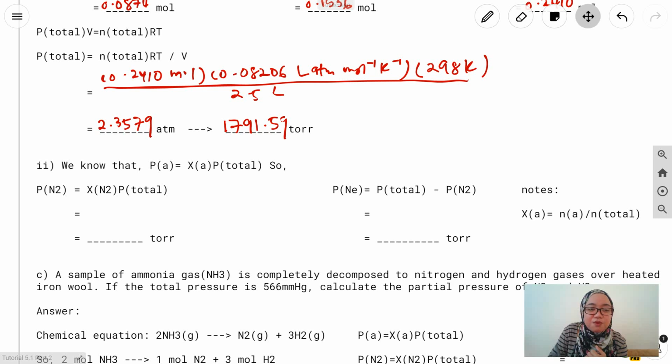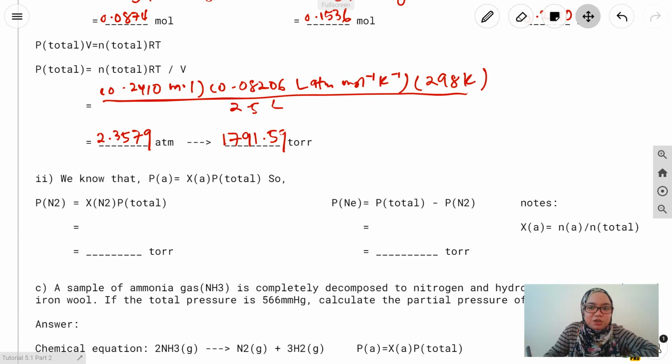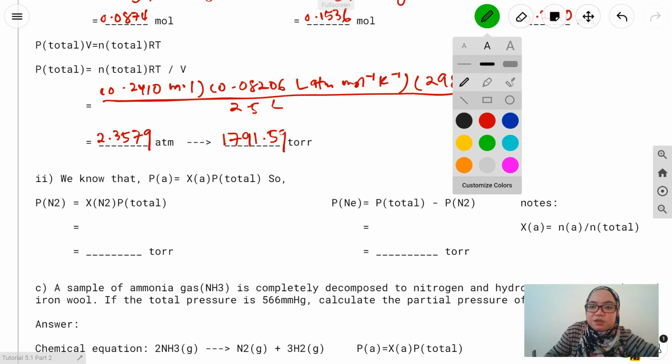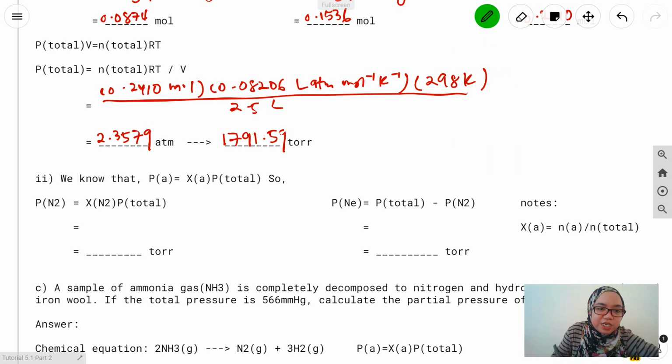So, we can find the partial pressure of nitrogen using the mole fraction of nitrogen gas times the total pressure. So, we already know the number of mole for nitrogen, the number of mole of neon, and the total number of mole. So, what we can do is just substitute all the information that we already have. So, for instance, to find the mole fraction, it is the number of mole of nitrogen over the total number of mole. So the number of mole of nitrogen is